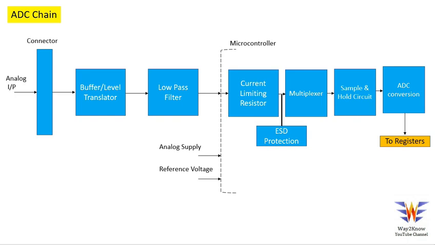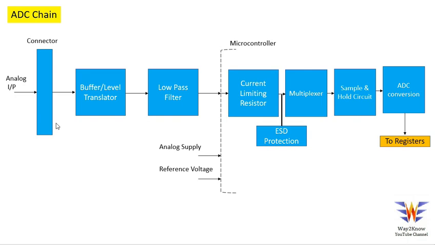So most of the analog interfaces, for example, if you take a pressure sensor or a temperature sensor, those all produce analog input, and then you provide your input to this connector, and this connector would be on your board, which helps to connect the sensors to your board.